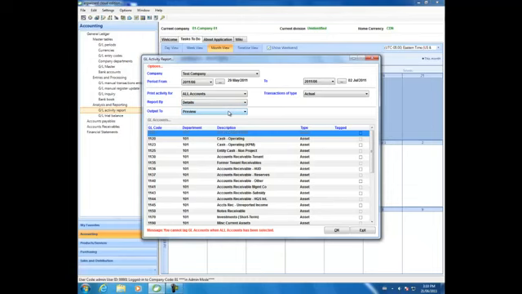Select Preview as the output if you wish to print the report. This will generate a PDF file that can be printed or saved. Or you may select Excel if you wish to generate an Excel file. If you selected all accounts, click the OK button to generate the report. If you selected tagged accounts, like this,